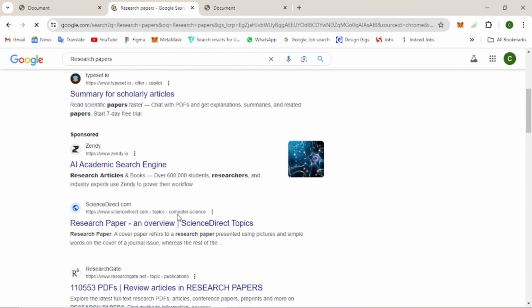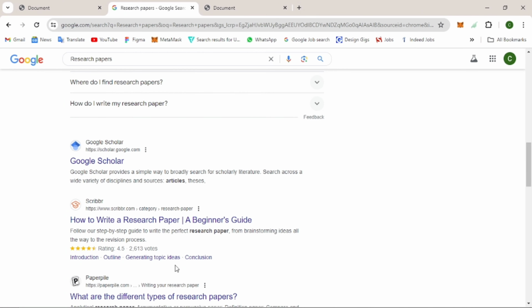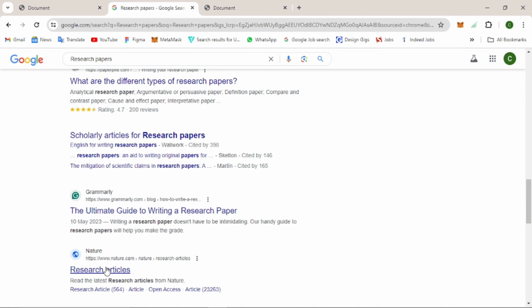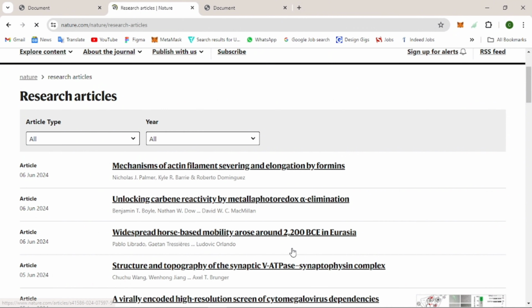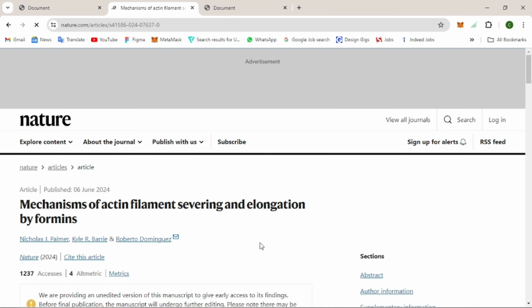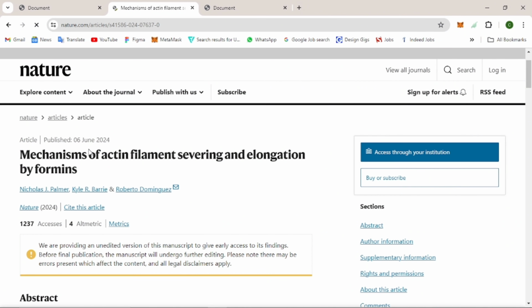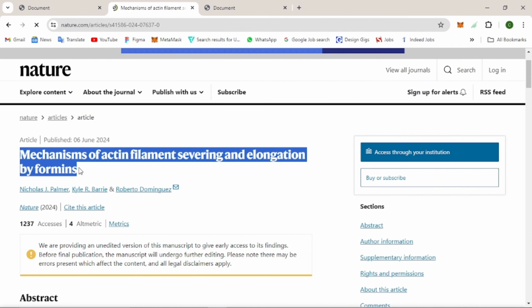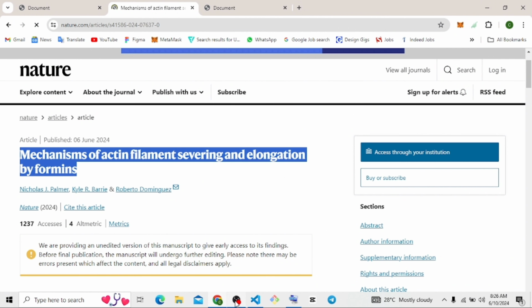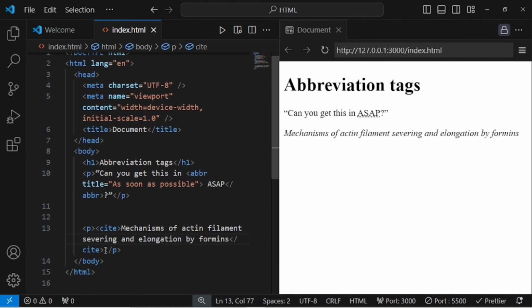Okay, so I have this, and let's say I'm going to cite this book now. So I come over here, and I'm citing this. You understand? And in it, I will now do